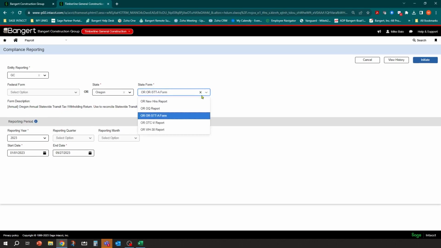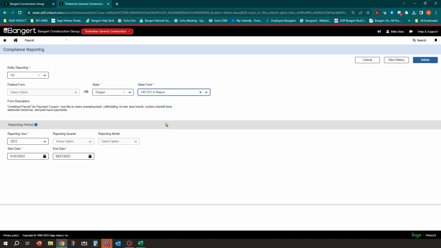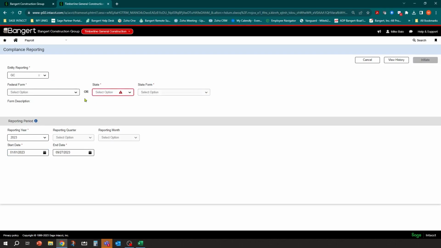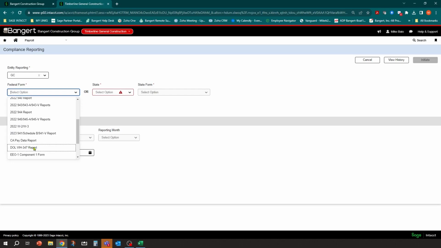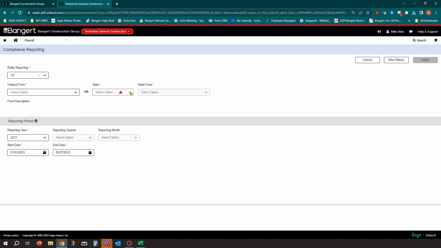And then you're going to have your state forms for Oregon, which I'm just going to take a guess. Annual. Okay, so then you can pick your forms, and you can generate that as well. This is also where, while you're in here, you can generate any certified reports. So if you notice the federal form, there's the DOL WH347 report. And then if you have a state form in here,